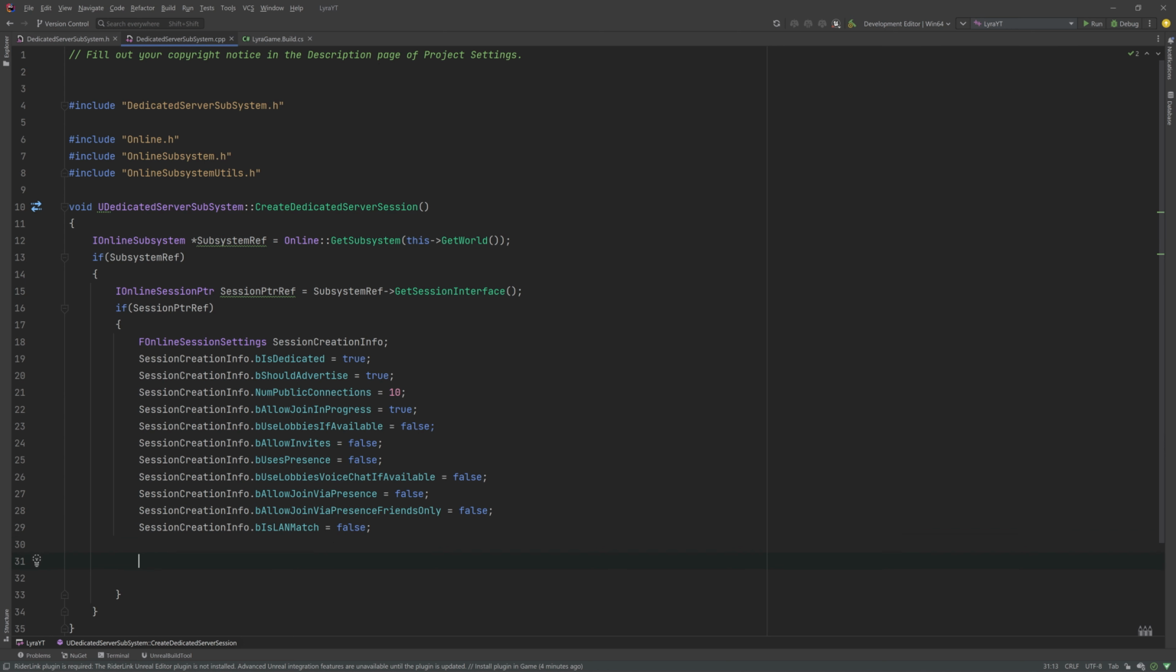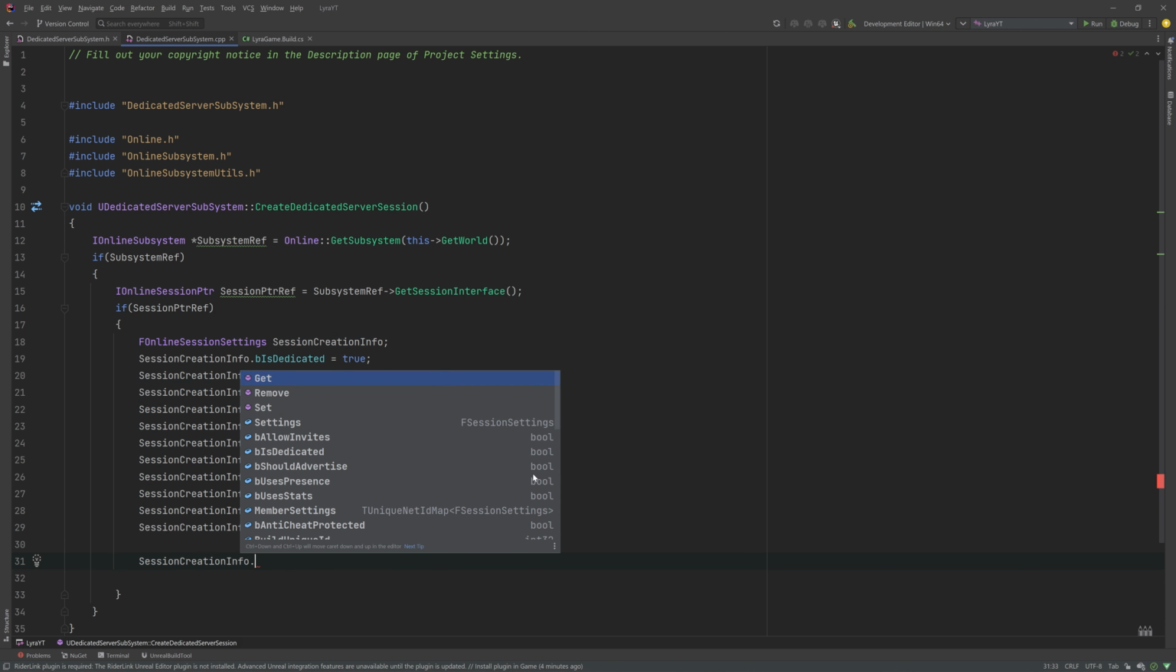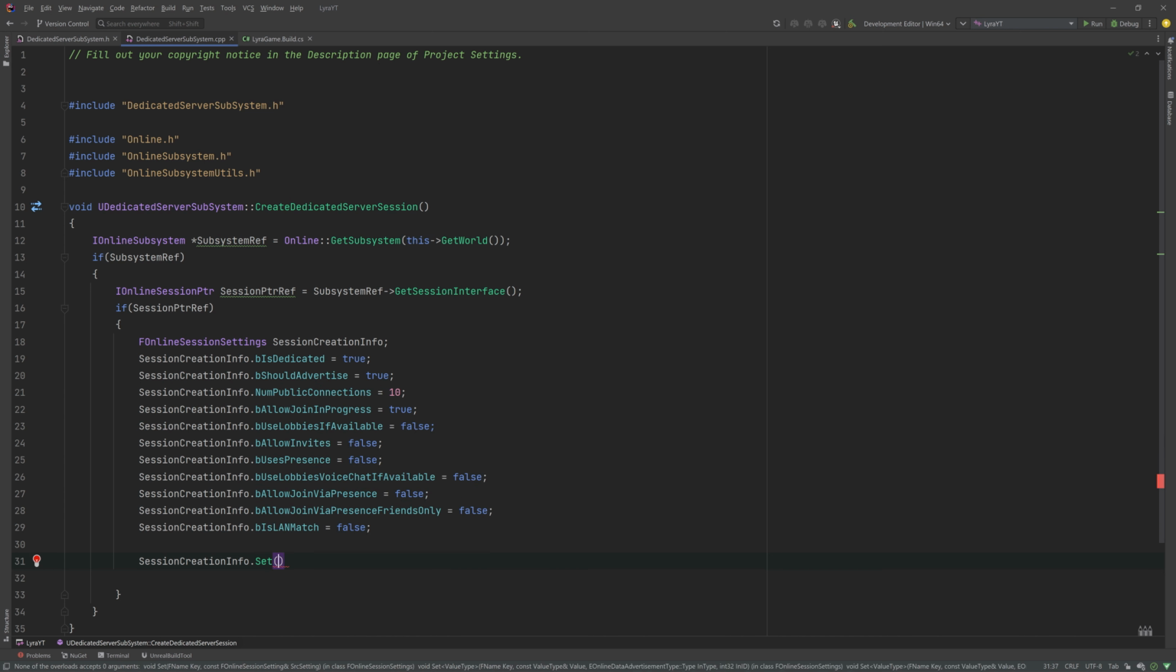Now we also need to set a keyword. Now keywords are basically by which thing you want to find a session. So normally keywords should not be named very hard coded. It should be very soft. Like for all the sessions, the keyword should be the same, because you cannot easily fix errors related to keywords. So we will get the session creation info, and then we will get set